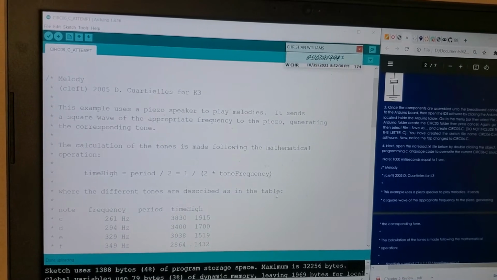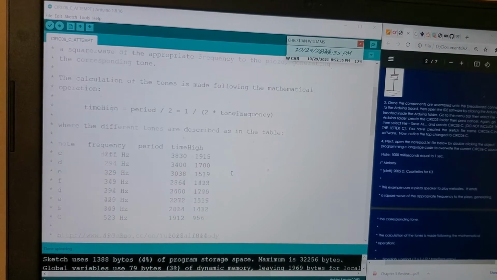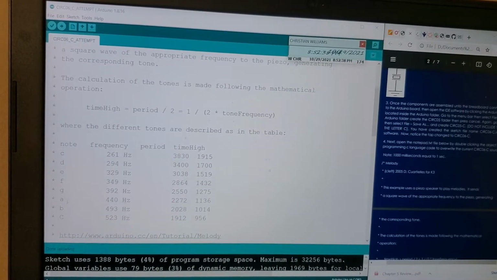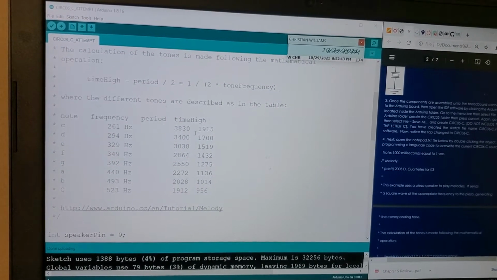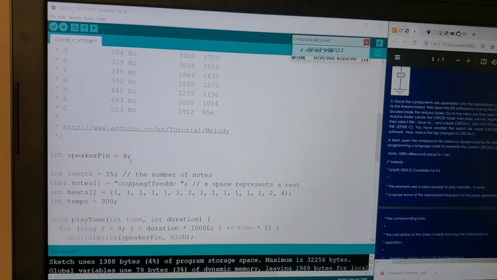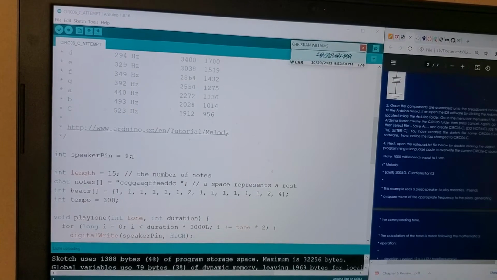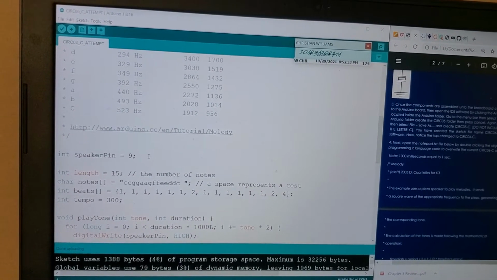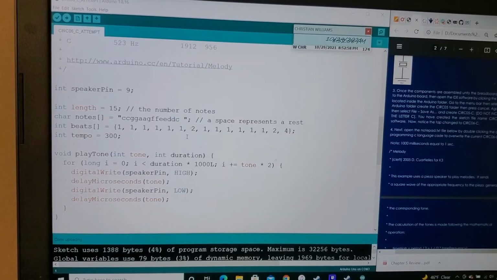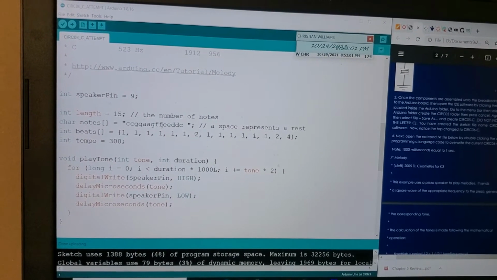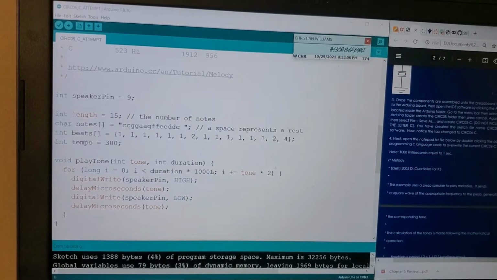We're also creating tones using this frequency here. This gives you an example of what some of these notes, at least in this program, are using in terms of hertz. So we have this frequency, and this is how long it'll play for. Currently, we are having our piezo set into pin 9, which also counts as an analog. If you remember correctly, this is one of the ones with the little squiggly lines. We have our length, which is the number of notes, so our Arduino knows when to stop when a full song has played. And then we are using a char